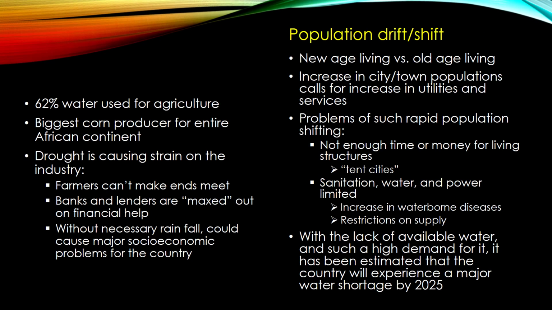Another problem that global climate change is affecting is agricultural usage and the availability of water for crops and livestock. With this problem, dealing with farmlands and farmers, the actual biggest problem is going to be for Africa as a continent, because South Africa provides the corn for the entire continent of Africa. On an individual scale, for the farmers, money is going to be the biggest issue.